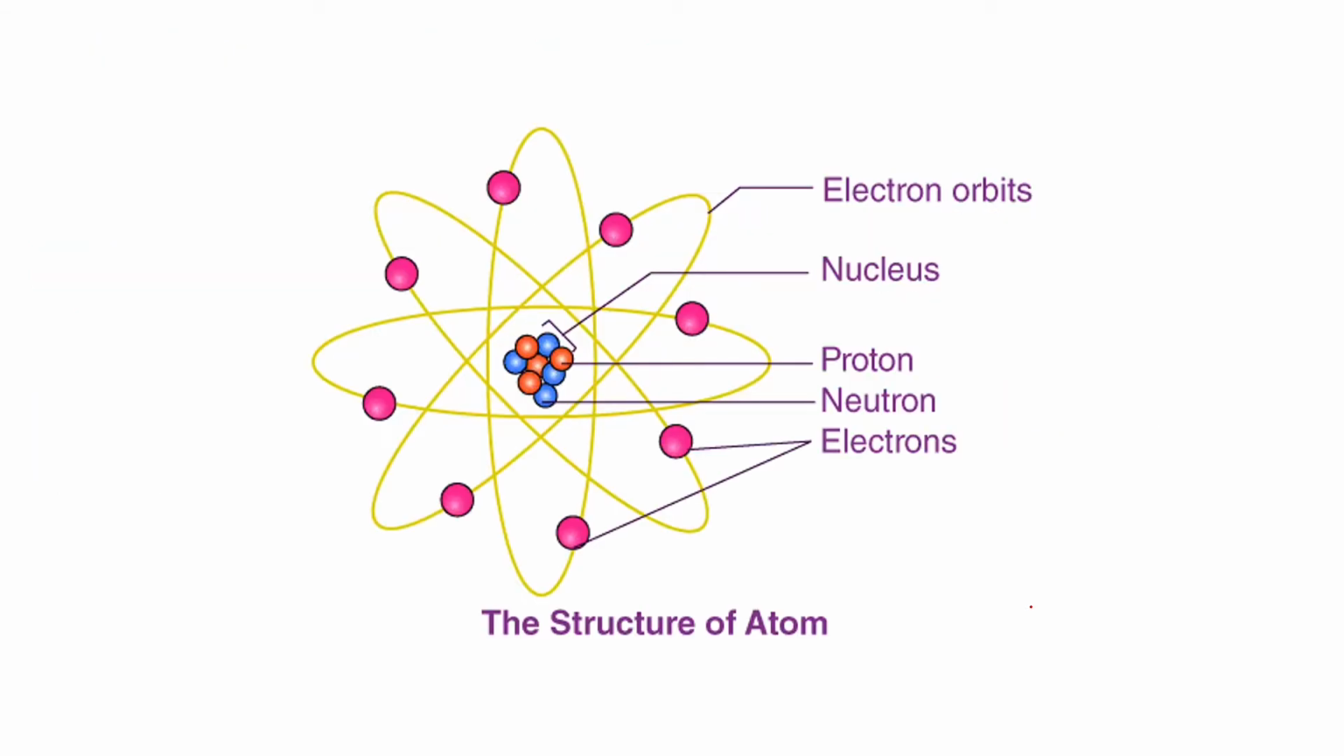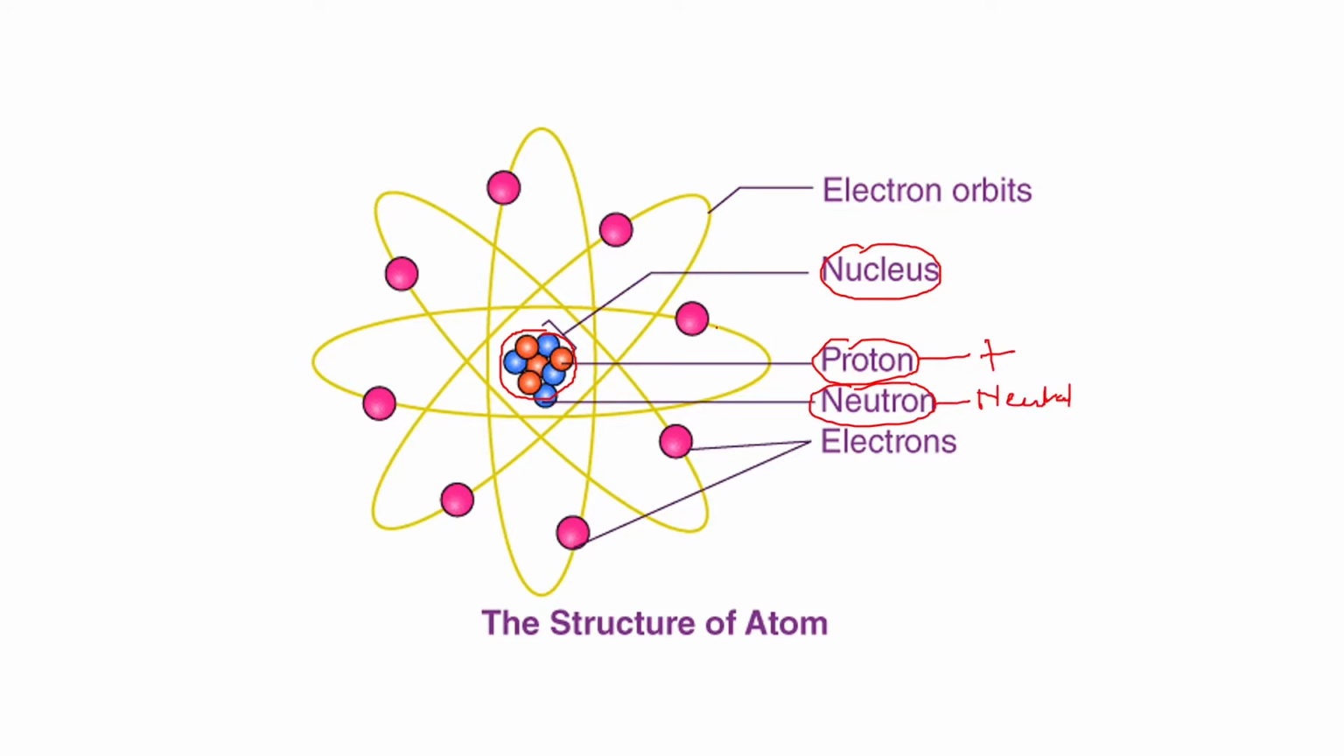Now, if you see a basic atomic structure of any atom, you can see that at the center we'll be having a nucleus here. This is called the nucleus. The nucleus will be containing two types of particles. They are protons and neutrons. The protons will be positively charged and neutrons will be